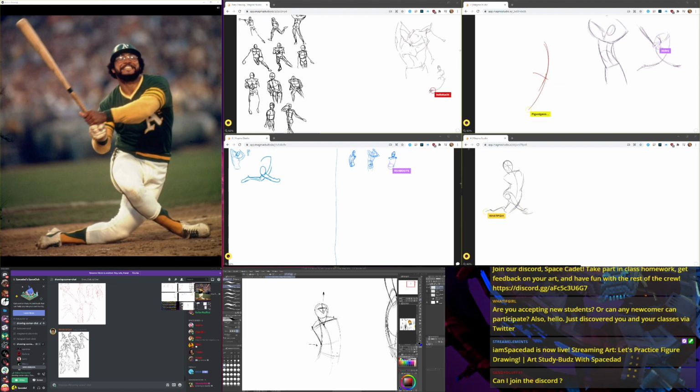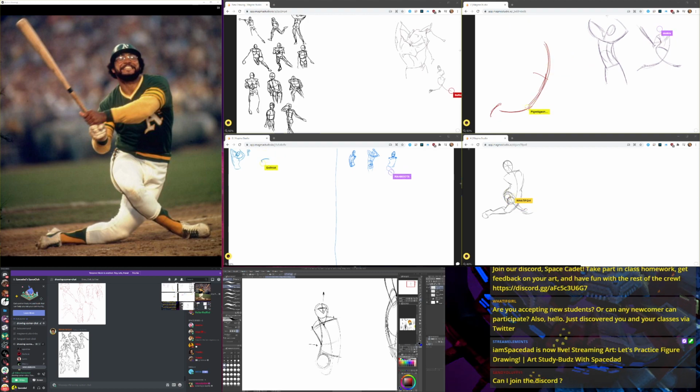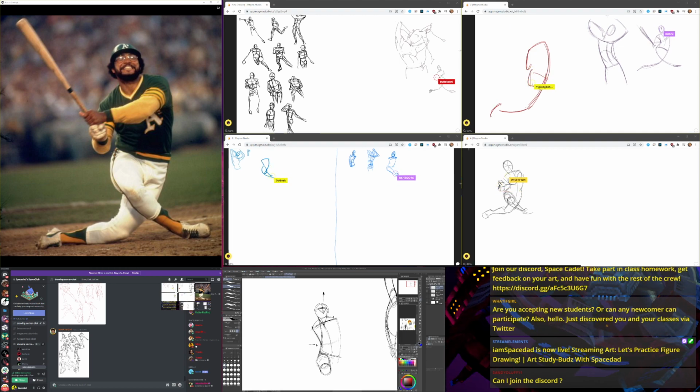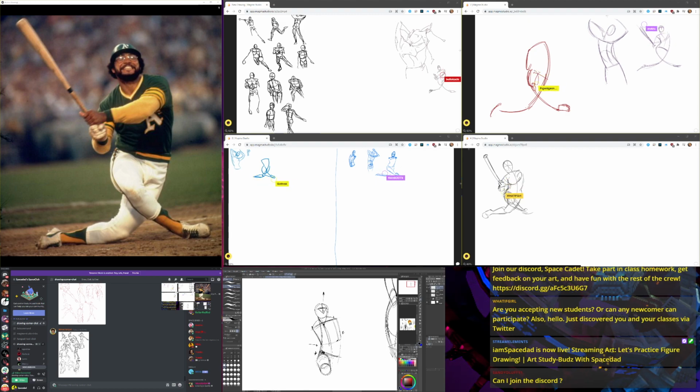His hips are tilting about like this. That thigh is coming towards us, so I'm just going to keep it simple. We've got another ellipse right here that's facing us, and there's another ellipse that's closer to that facing us. Let's draw little lines there, and that's just a simple cylinder coming at us from the hip. So we can see a little bit of the side plane right here of this cube. But then his torso is twisting the other way, so that means we're going to see more of the side plane of his torso here. That means the corner of the rib cage is about here-ish, I want to say. Because his torso is twisting, it's going over that way.